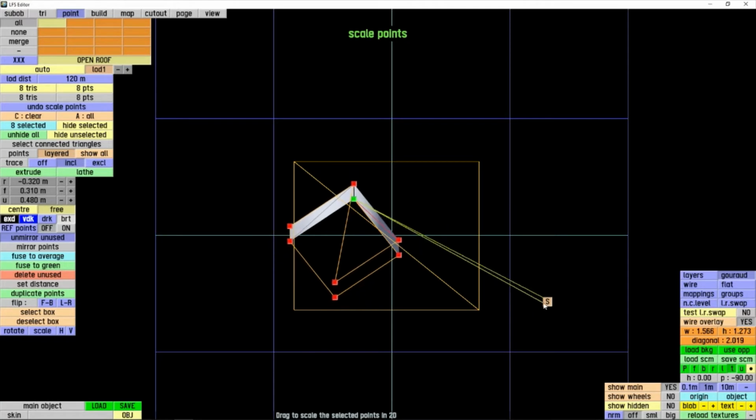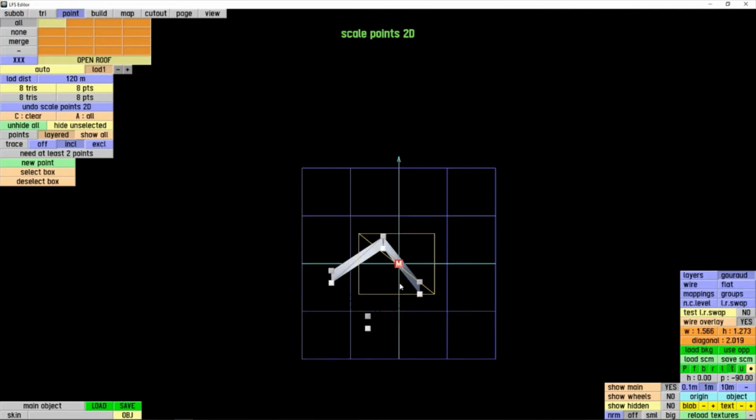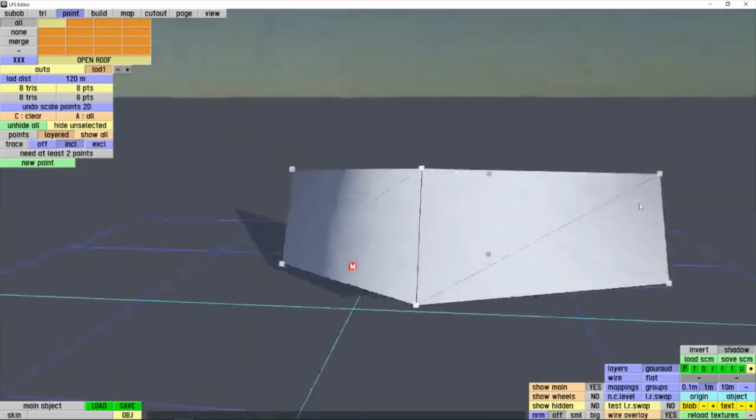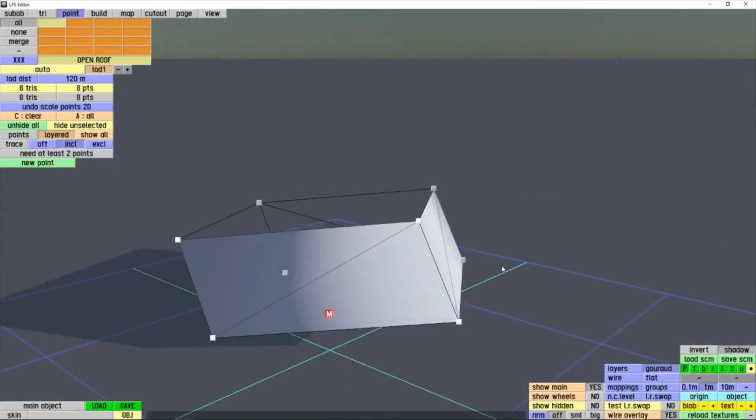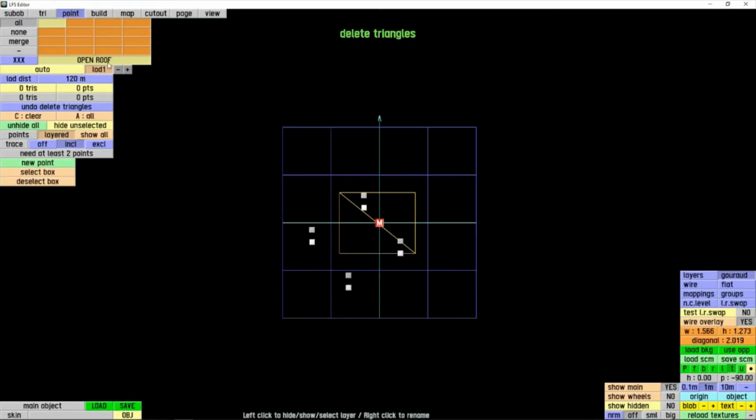This just keeps everything in order. If you right click it, it's by a certain amount from that green point again. So it will scale based around that green point. So we say times 2, it's double in size now. And also I stretched it all weird. What you can also do is you can do a